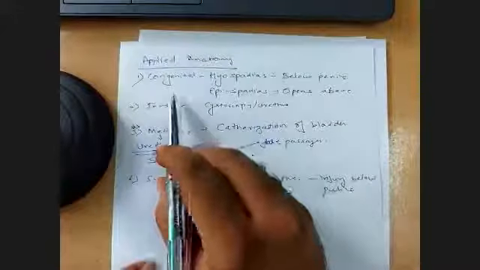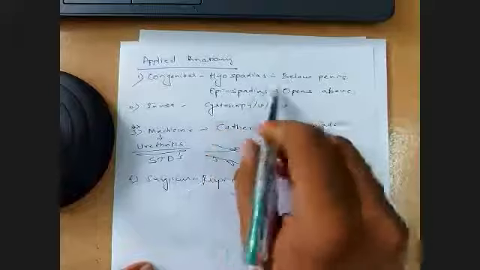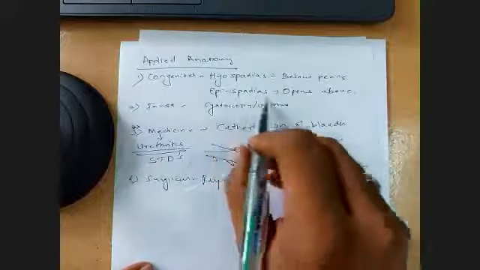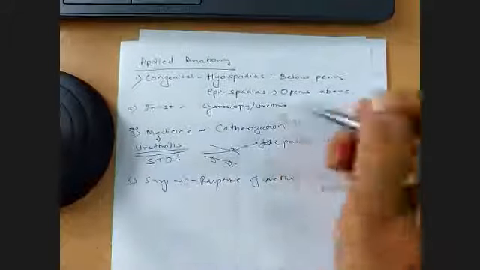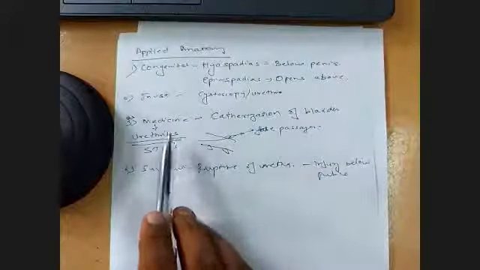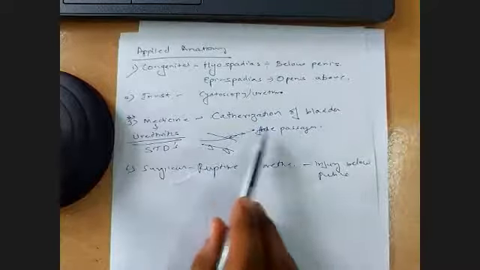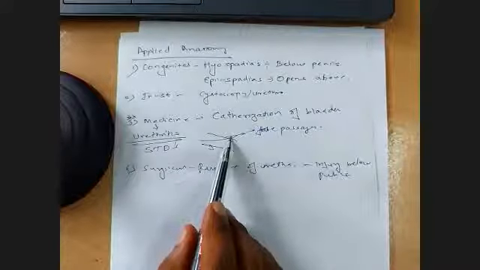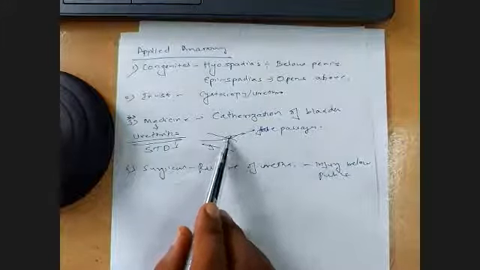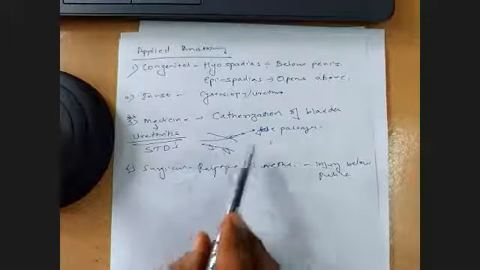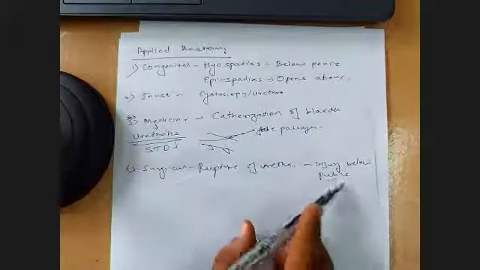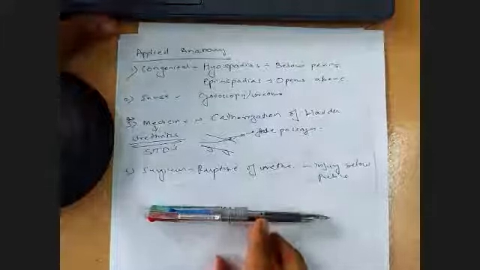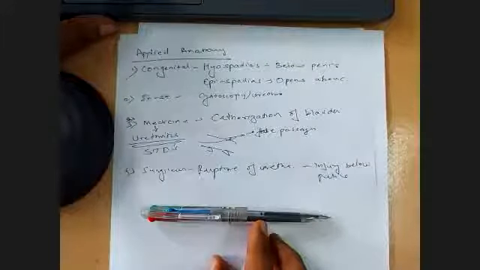Then we talked about the applied anatomy. We said hypospadias is when the urethra opens below the penis, and epispadias when it opens above the penis. Investigation is cystoscopy; at that time we do urethroscopy also. In medical matters, remember urethritis and catheterization of the bladder, especially with metallic instruments; we have to remember the curvatures. We should not push into a gland forcefully and create false passages. Surgically, rupture of the urethra below the pubis. So that is about the anatomy of the urethra.